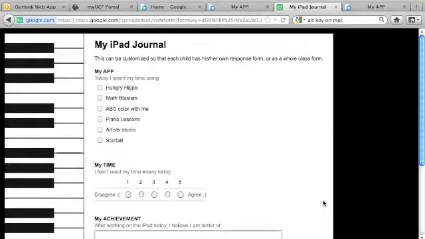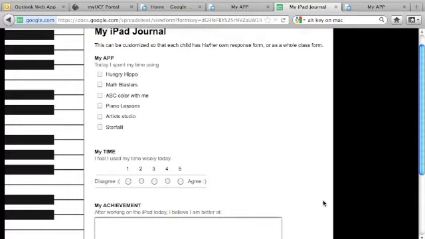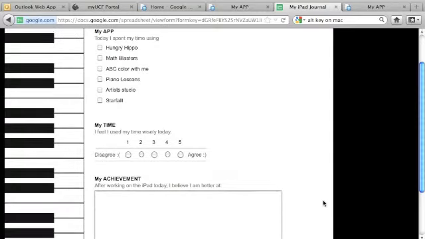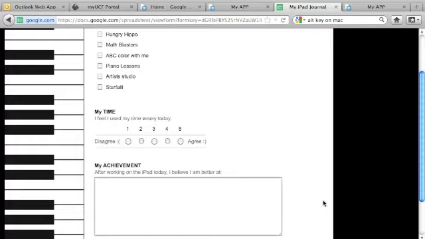This is an example of a simple form that I created as an iPad journal. Now, I used Google Docs to create this form, and it literally only took me a few seconds. Please note that I just made up the apps on here as a way to illustrate this. So a student could either use this as a printed form, or if they wanted to, they could actually just click the answers,